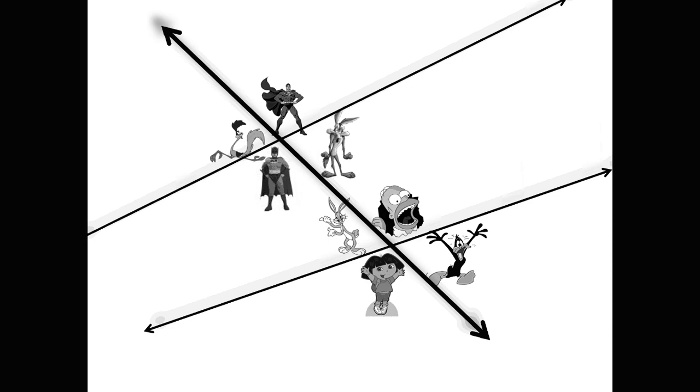Let's try another problem. Here we're going to look at Batman and Homer Simpson. First question you have to ask yourself, are they on the same side or alternate sides? They're on alternate sides of the transversal. They're on different sides of our highlighted line here. So these are going to start with alternate. Then we decide if they're interior or exterior. Homer and Batman are on the inside of the sandwich, so they are interior. These are same side interior angles. Or,